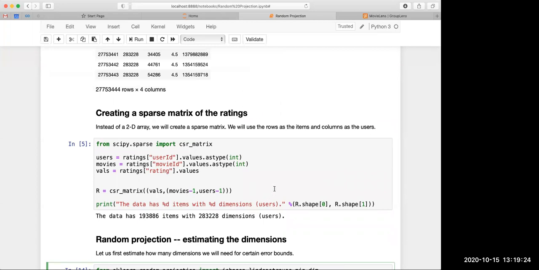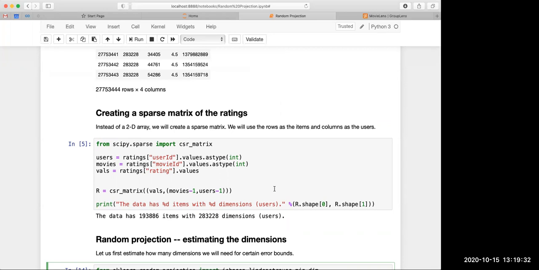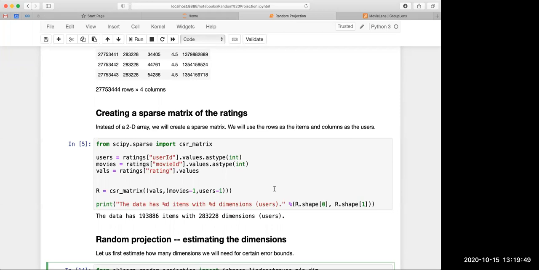Okay. The sparse matrix essentially is stored in, you remember the MapReduce thing we did, the (i, j) value. Now, suppose you have a 1 million by 1 million matrix. That means 10 to the power 12 entries, 1 million times 1 million. Too big. But let's say only 100 of the entries are 1.